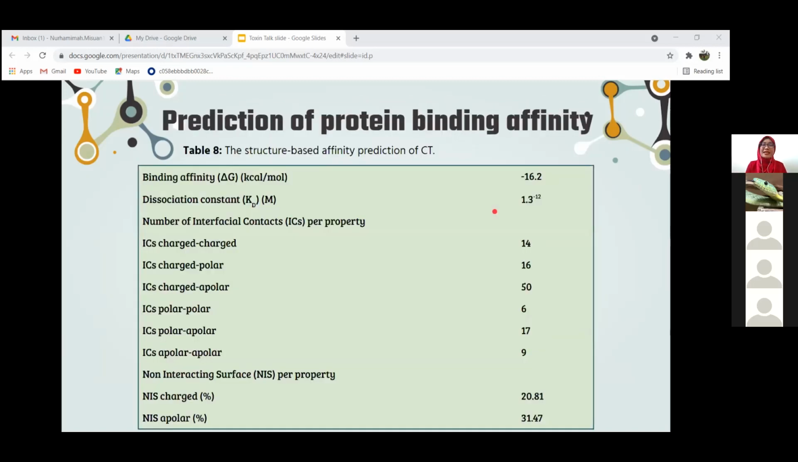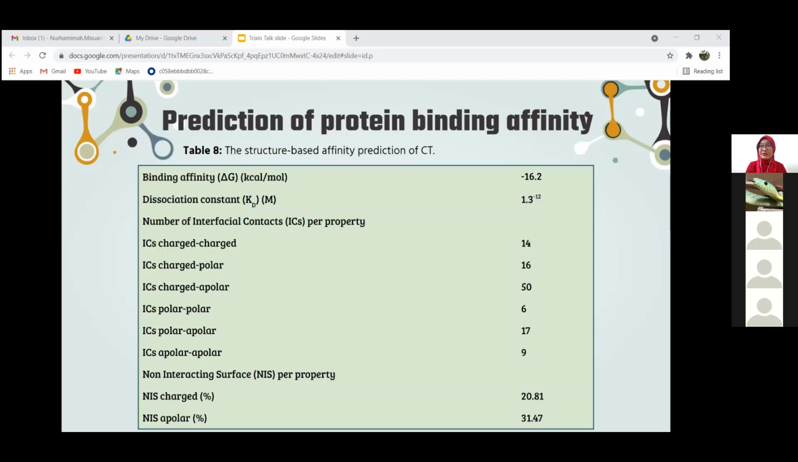And my next point is the binding affinity between CT and TNFR1. Binding affinity is an important criterion to understand the interaction between two molecules in a system. It can be defined as the strength of interaction between two molecules in a protein-protein interaction. This binding affinity prediction was based on the 3D structure of CT, and it was computed using the Prodigy